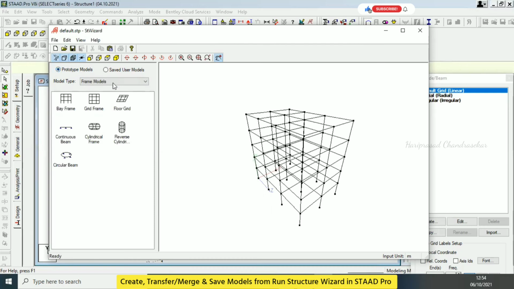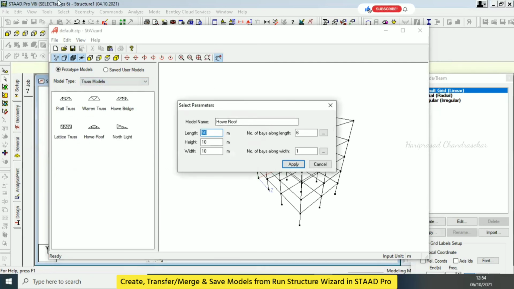You clicked there and it showed automatically. Save. See, when you're clicking, you can practice. You need to go here. For example, I will just take a cylindrical truss model, and then I'm going for a Howe roof. And here I'm going to put 15, and here I'm going to put 3 meter width, 10, and then the base 4 or 3 I will put.